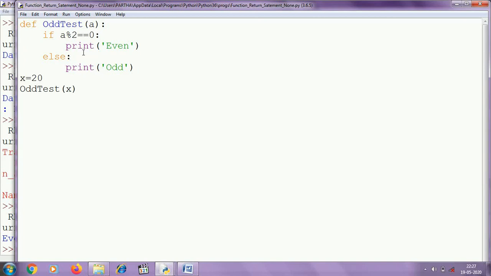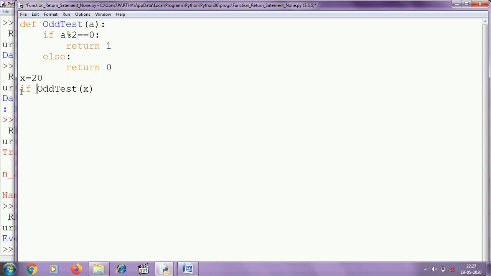Instead of printing the output inside the function, we can return a value also, but then the program will be lengthy. For example, if the number is even, we can return 1, otherwise we can return 0.